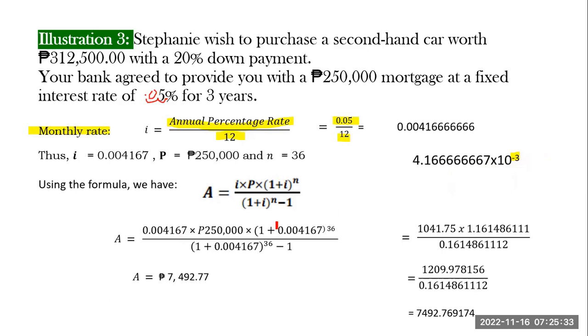I-move natin yung decimal place. Okay, so from this one, this is the decimal point. So, move tayo ng 3 beses to the left. So, 1, 2, and then 3. Tapos, doon na yung point. So, just put 0 doon. Okay, so we have